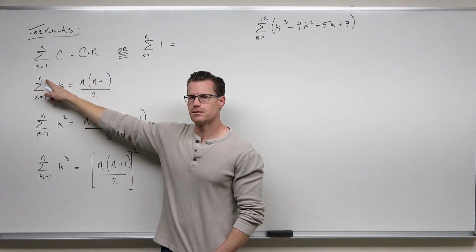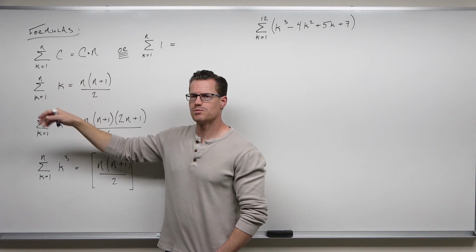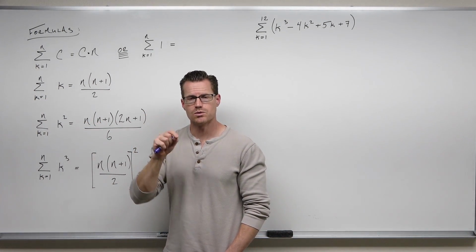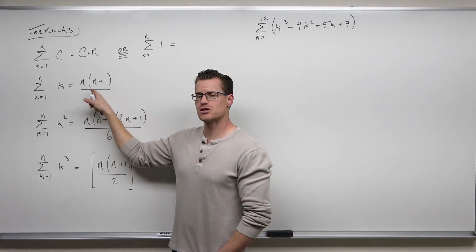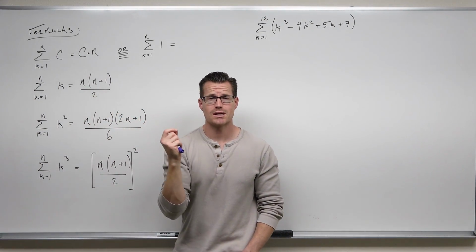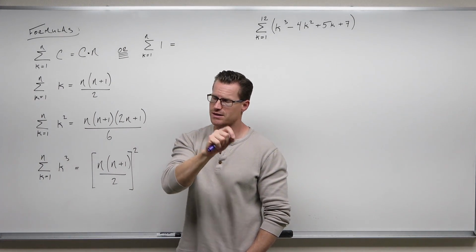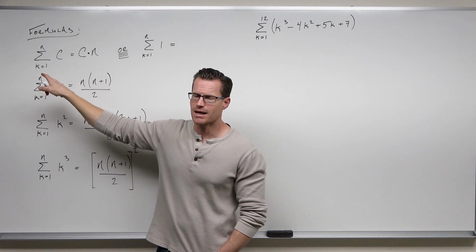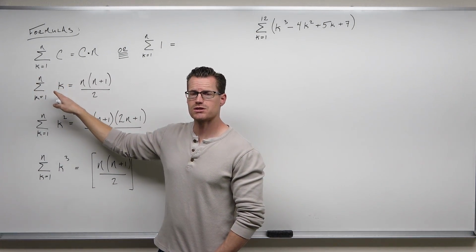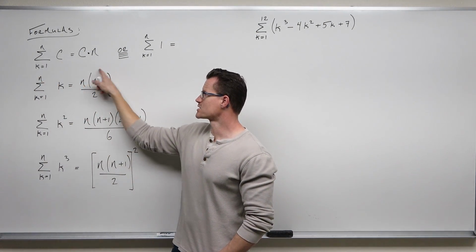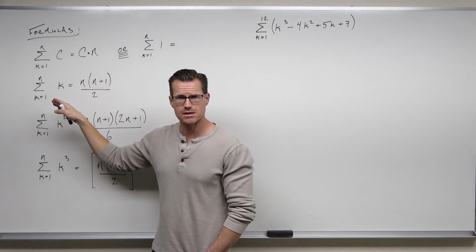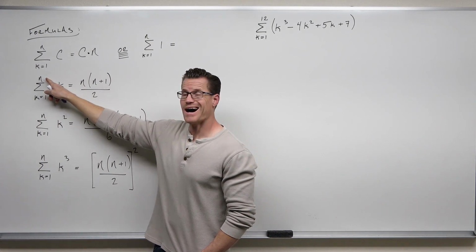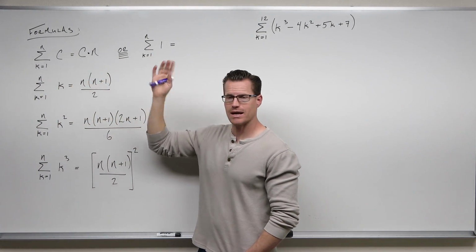So if this was 10, here's what this would mean. This series would be add 1, 2, 3, 4, 5, 6, 7, 8, 9, and 10. That's what that would be. Now, you can do that pretty quickly on a calculator, but this is actually even quicker than that. Here's all you need to know in order to find the sum of that series. Quickly, just know where you end. This is the second reason why we need different letters here, so that you understand that this is based on the end of this series. So if I'm adding the series of the sequence k from 1 to n, I just take my n, I plug it in here, and it's going to give me the sum.